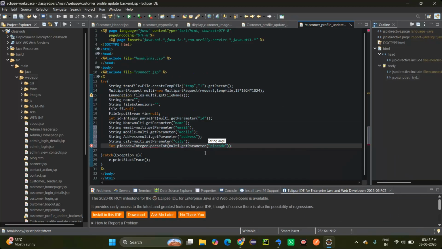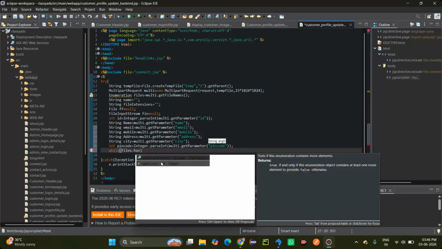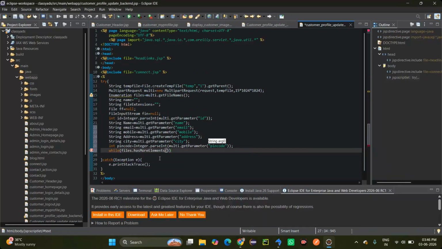Okay. Then after what we will do, we can write the while. Here we can write the files.hasMoreElements, and after name equals to string,